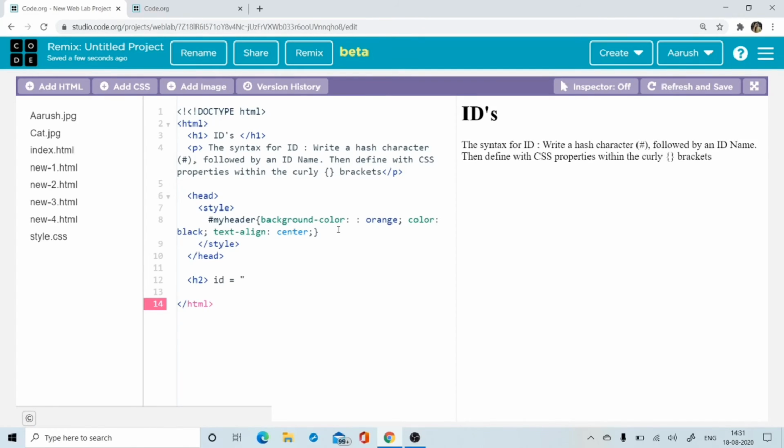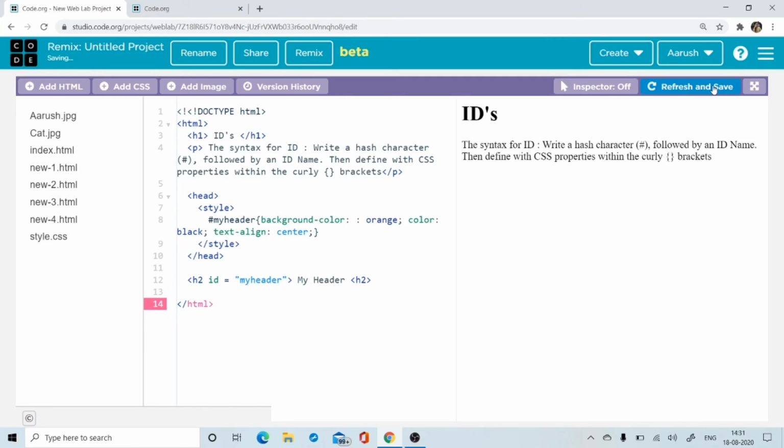After equal to you will say my header, close it here. So this is my header, which is what you said here. What do you want to give the heading as? Maybe I will say my header, and I am going to close it right there.